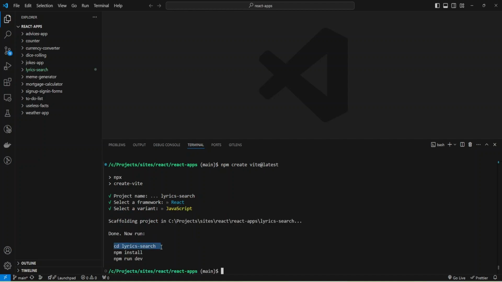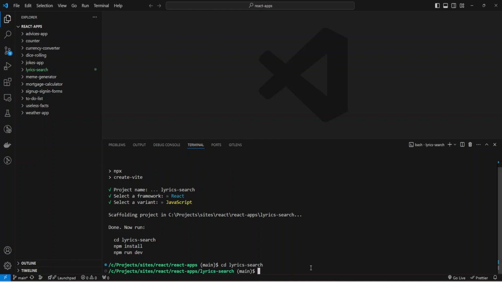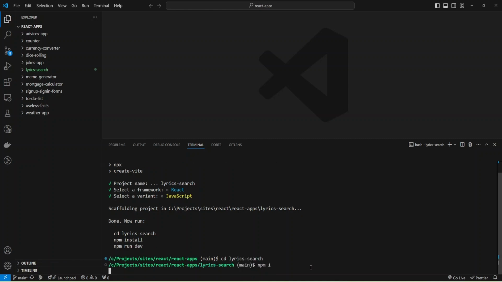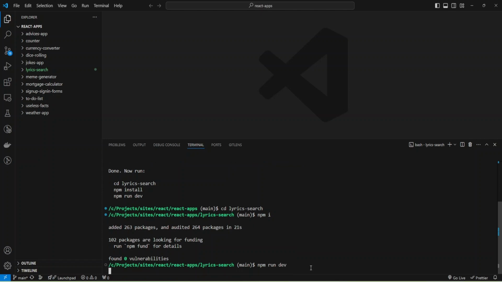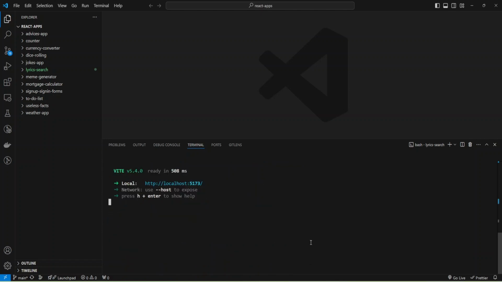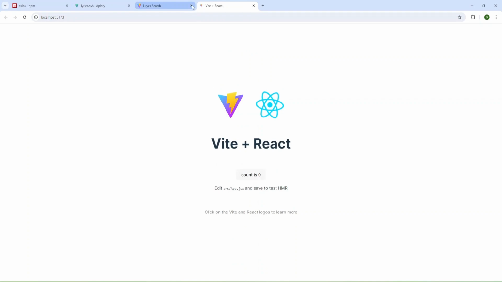And now I can navigate to my project folder with the command cd and run npm install. Okay, dependencies were installed, and now I can run the command npm run dev and open my project in the browser.